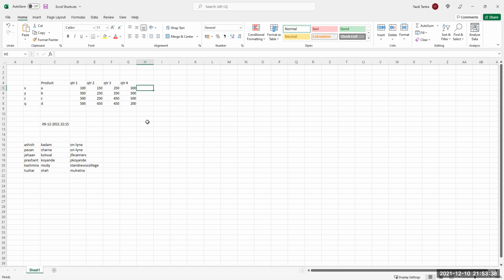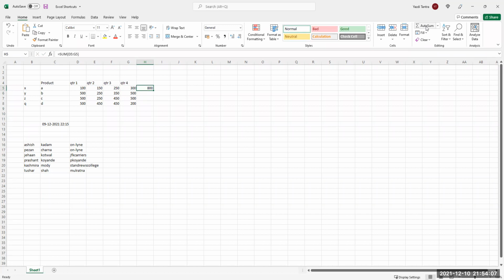So the worst way is to write plus the 5, equal to this, that. The second shortcut is equal to sum from here to here. The third one, which is a smart way of doing, is auto sum. You just click on auto sum and it will sense which are the cells you want to take a total of and you press enter. That's it.